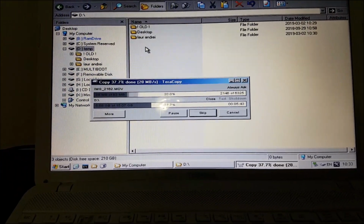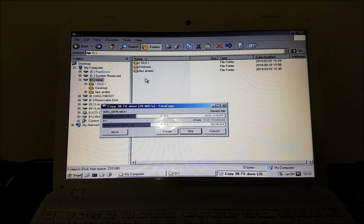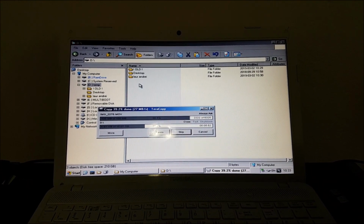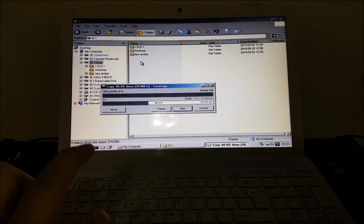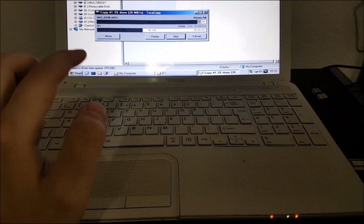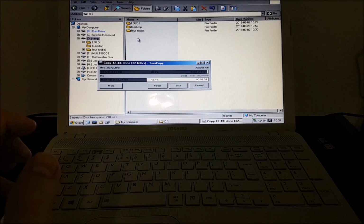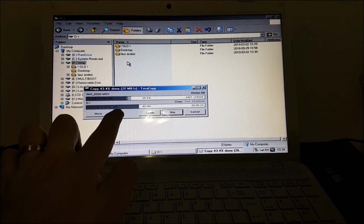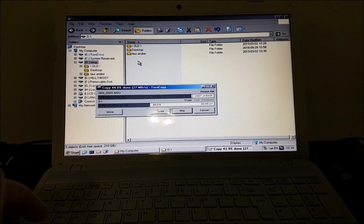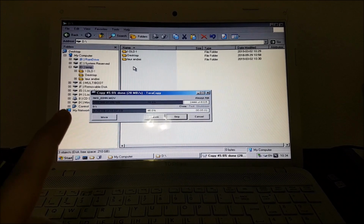This thing is still copying at the same speed and did not encounter any problems yet. So something is telling me, based on my previous experience, that this hard drive is not failing in its entirety. It just has one problem area somewhere. So giving it a format might actually help us continue to use this drive. It's not the safest thing possible. If you can replace the hard drive after you see that click occurring, it's ideal. If you cannot, in the case that you can actually see that it's copying quite okay from it without read errors, you might try to continue to use it,